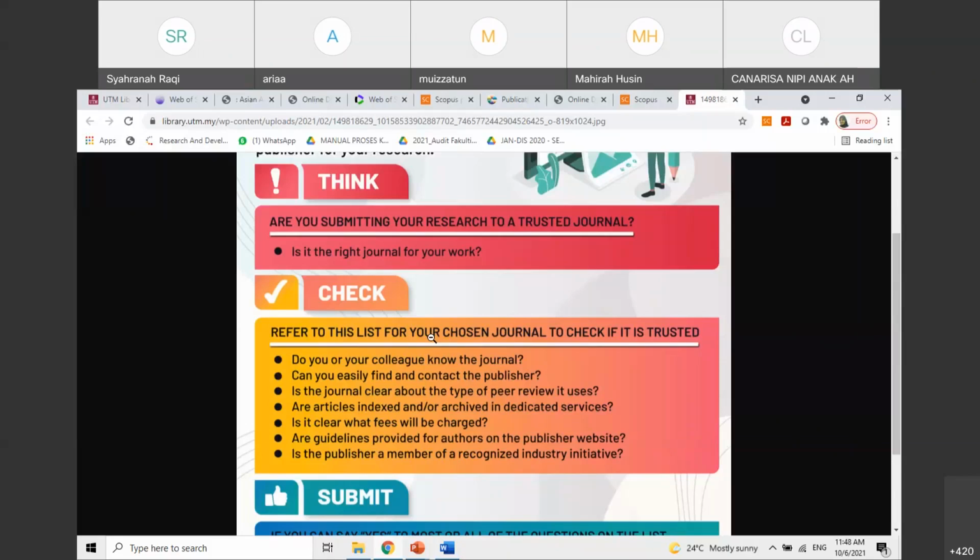Check by using the journal title, check using the ISSN. Can you easily get it from either Web of Science or Scopus? Is the journal clear about the type of peer review it uses? Are articles indexed or archived in dedicated services? Another way is to check whether the particular journal had past issues indexed in Scopus or